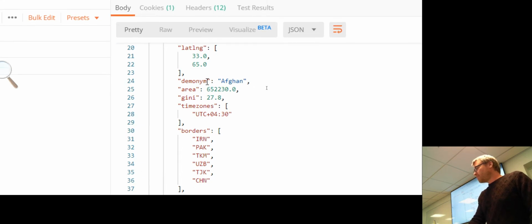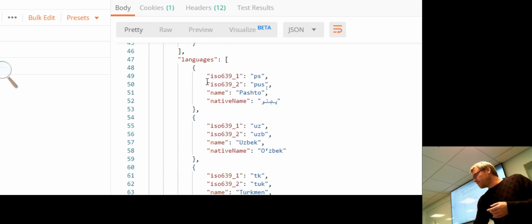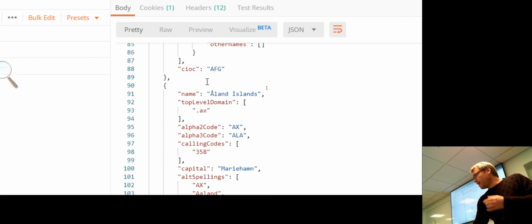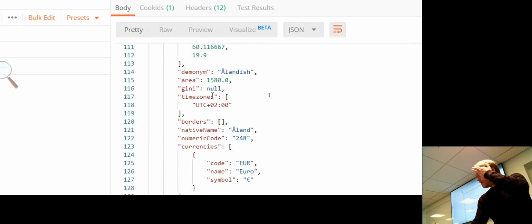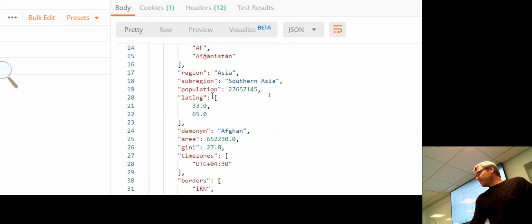Anyway, so the point is, it spits something out with respect to all countries. I think that's pretty much all countries we get. What else do we have here? Yeah, the Åland Islands. Okay, that's a bit closer to home. Albania, and so on. But the idea is,